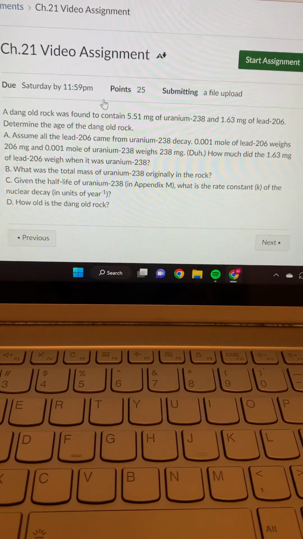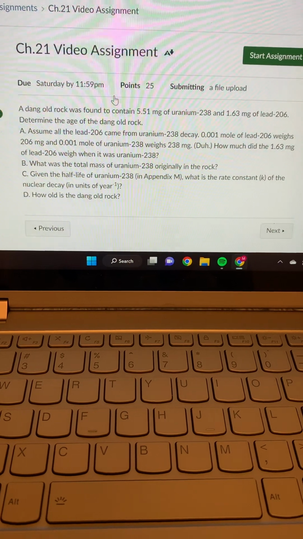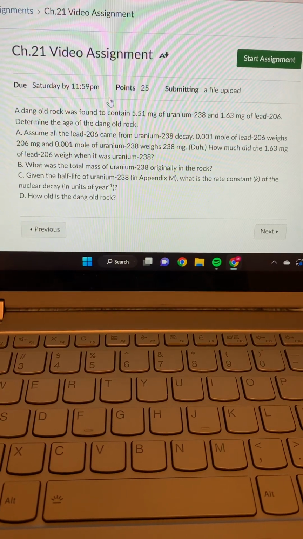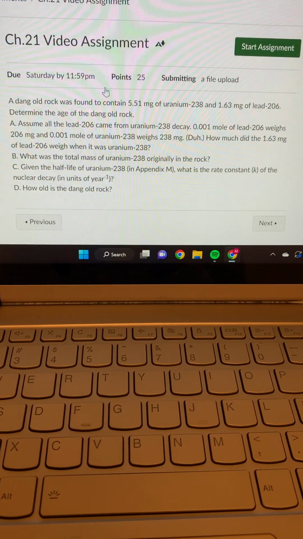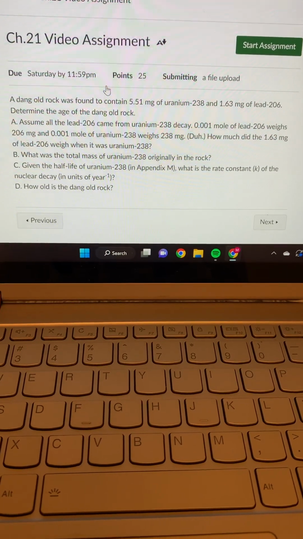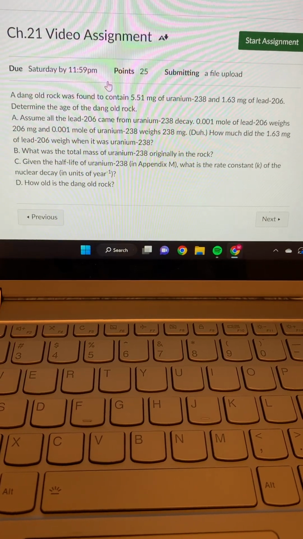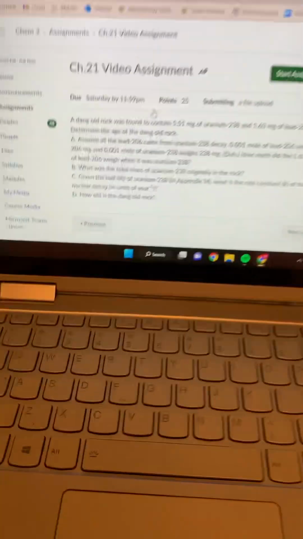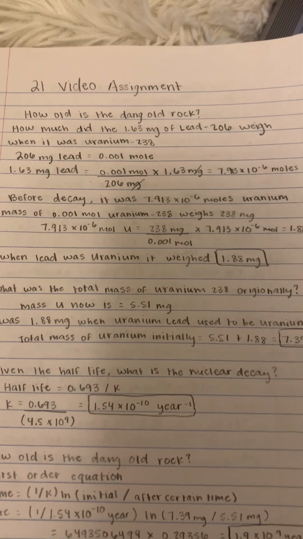I'm just going to be going over the Chapter 21 video assignment, and this is what it's got. So the question ultimately is having us determine the age of a rock that was found to contain 5.51 milligrams of uranium-238 and 1.63 milligrams of lead-206. So for the first part of the equation, we have to figure out how much the 1.63 milligrams